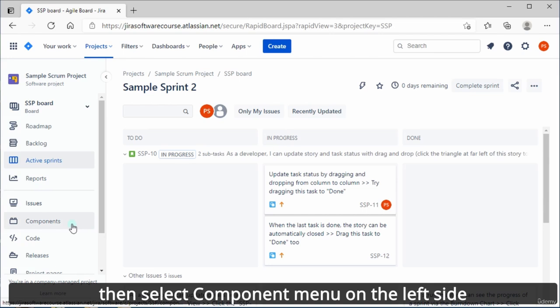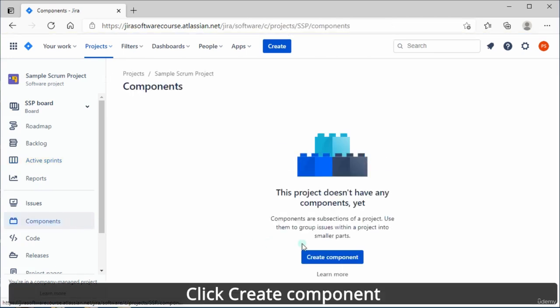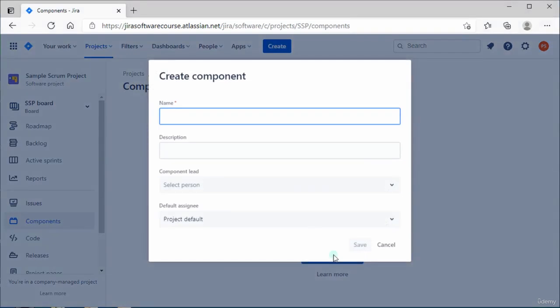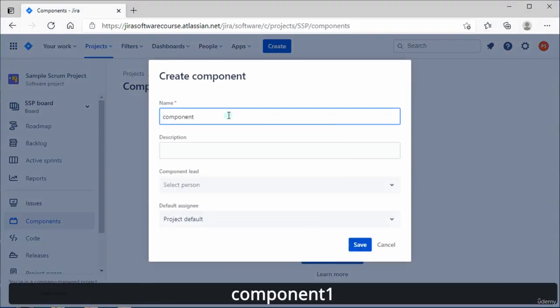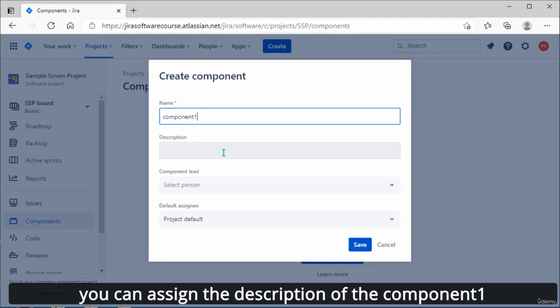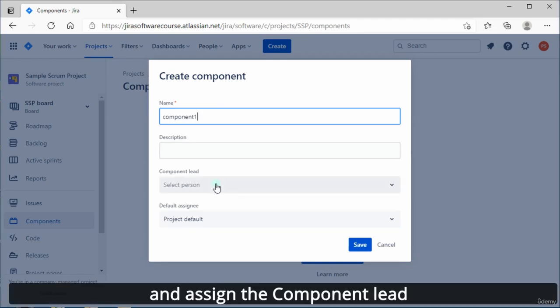From the project page, navigate to your project. Then select the Component menu on the left side. Click Create Component. Specify the name of the component, for example, Component 1. You can assign the description of Component 1 and assign the component lead,